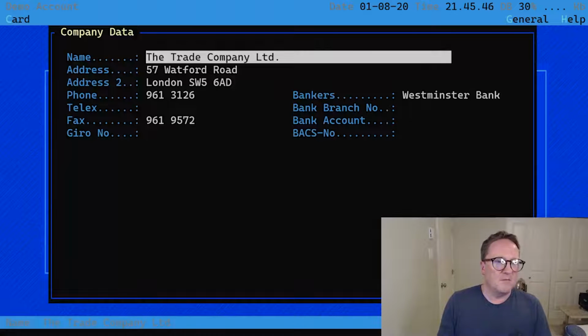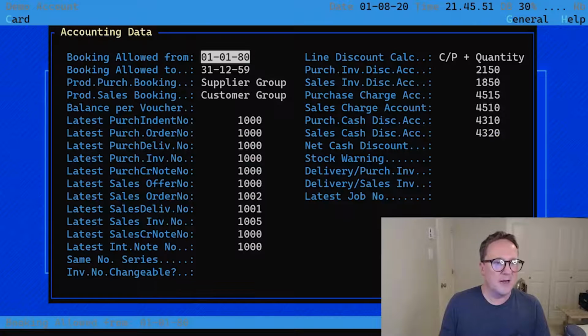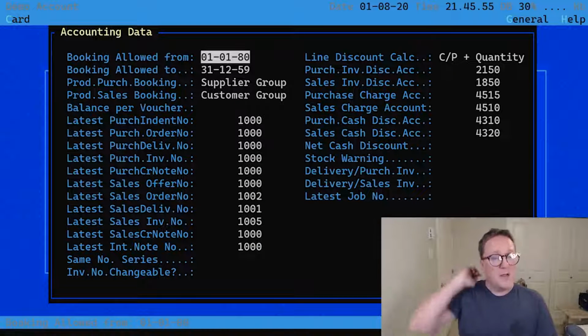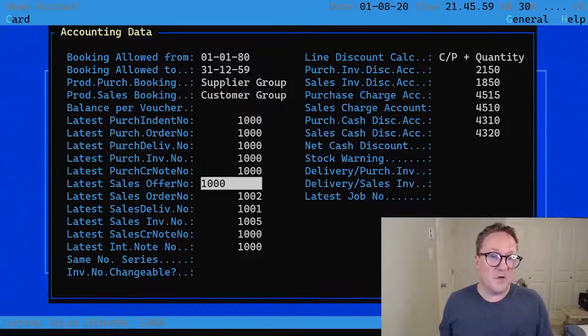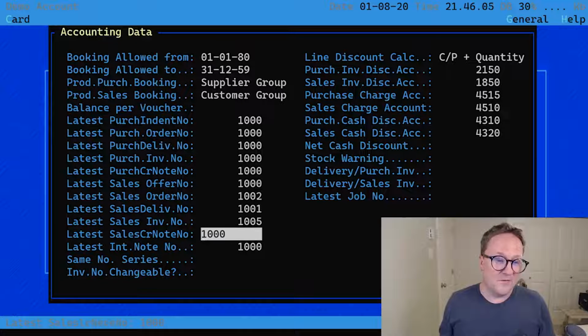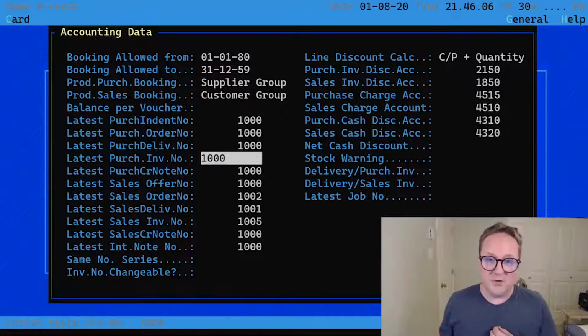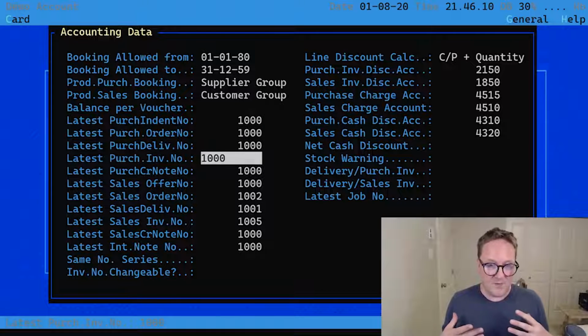Company data, we know that one. It's very simple at this time. Accounting data is the general ledger setup. So you can see here now that there was no concept of number series in this version. So all the numbers for sales and purchase and stuff like that were directly here, which the problem